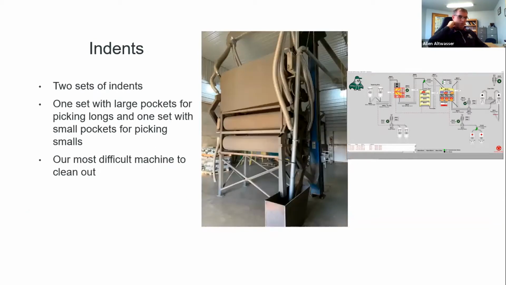Then the next machine, following the Aaron screen, is our indents. We can bypass these, but we rarely do. I think the times when you'd bypass these are on more fragile seeds, such as lentils and the peas we've done. And really, when you're doing something like a larger seeded pea, you don't usually need to run them through an indent anyway. I don't even think it would be worth it because it would be so hard on them. We've included two sets of indents,